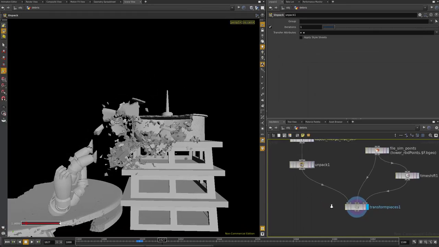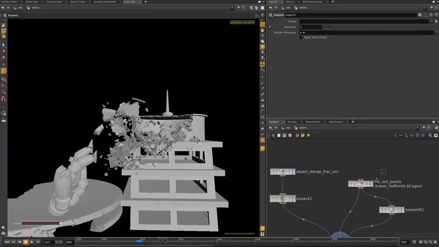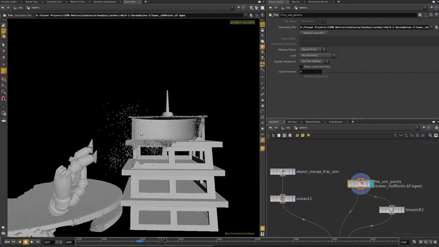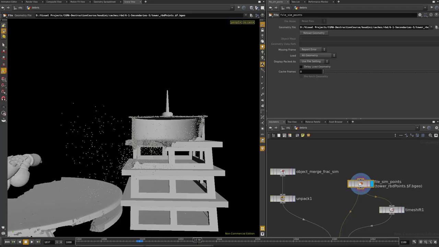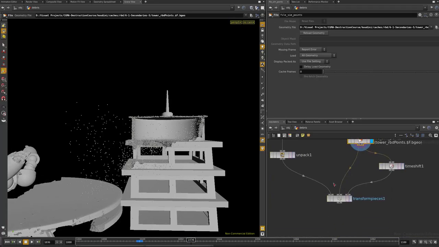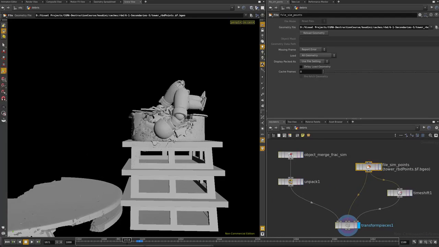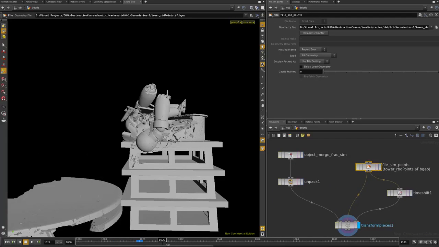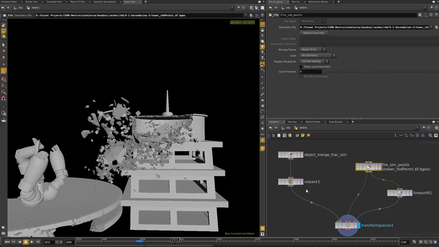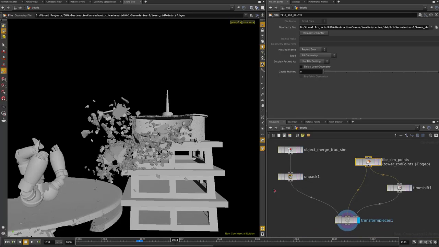So here I have the setup we talked about in week 4, where we're caching out the points that represent the simmed bullet objects. And then we're using a transform pieces node to drive all of our fracture geometry with those simulated points. The only difference here is that I'm unpacking the geometry before running it into the transform pieces node, because we'll probably need access to some of the actual geometric information that's been packed away for doing our